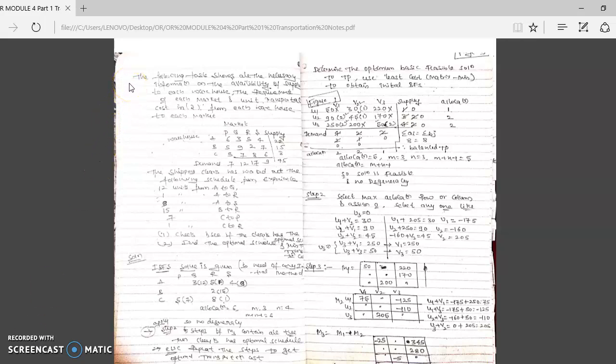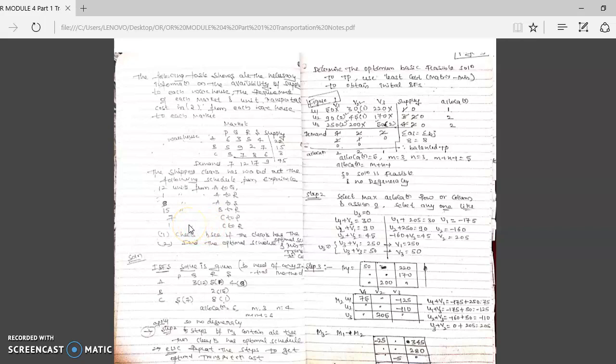He has given the problem in terms of a statement, not directly. So just read out the statement. Here he has given the values, market and warehouse as source and destination, and supply and demand are also given. Now what are these values? These values are directly the allocations he has given.